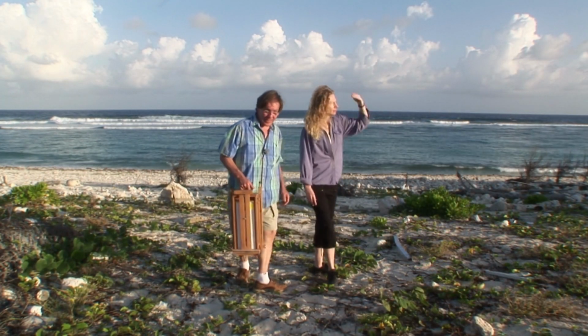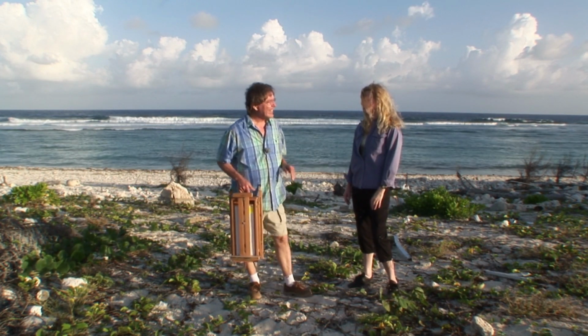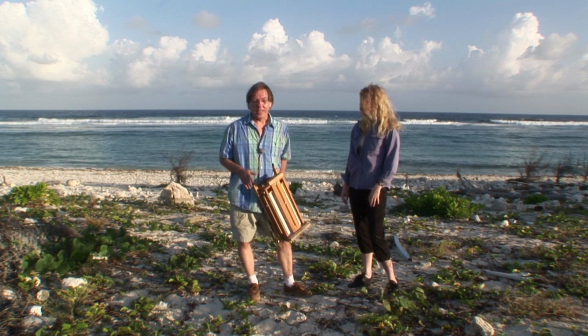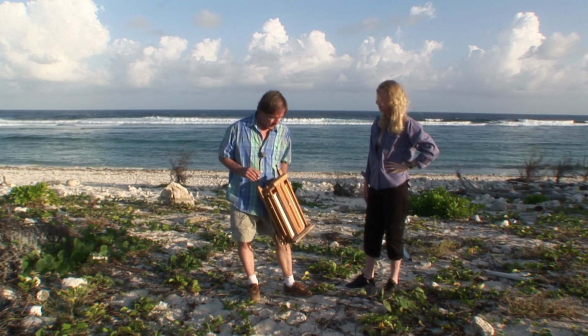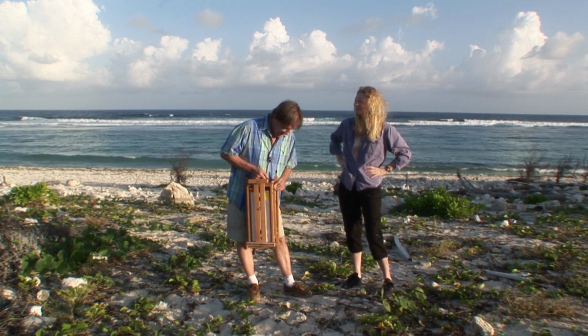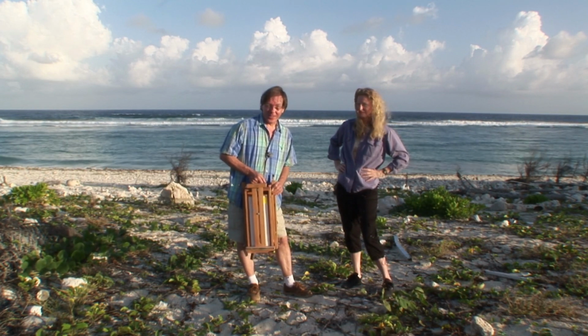Well, the sun is really starting to get low on the horizon now, so I don't have much time. So I'm going to set up my paints on my easel. I'm using acrylics today, as I usually do. I've got an 11 by 14 inch piece of masonite covered with gesso. That will be my painting surface. So I'll put my easel here on the beach and get started. And while I'm doing that, Sarah's going to give you another little tour of downtown Georgetown here on the Cayman